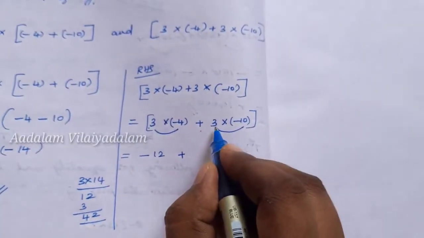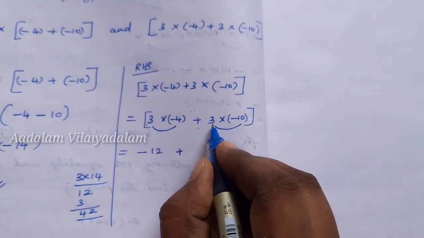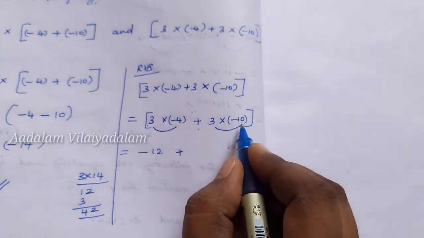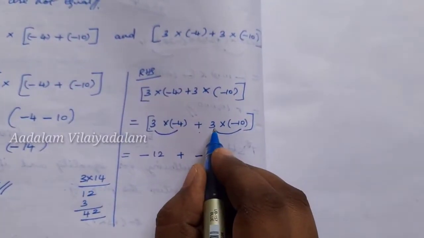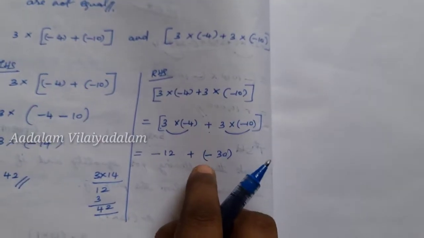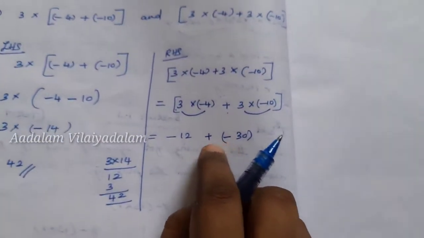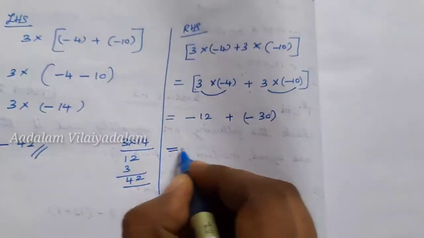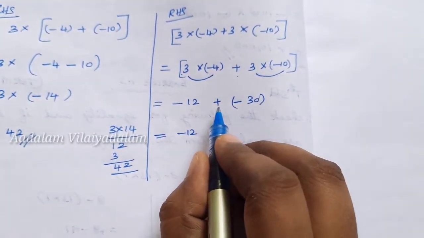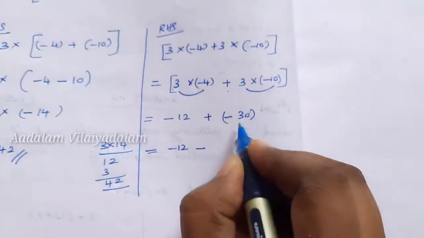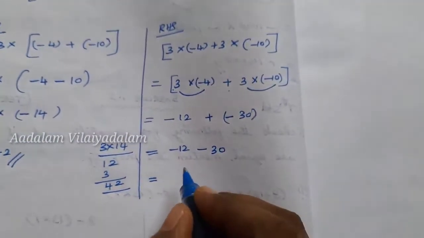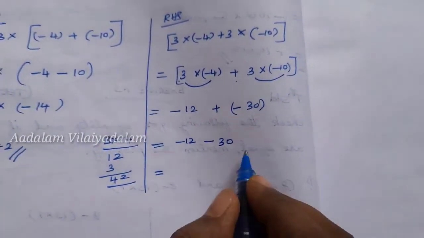So what happens here? Plus sign is given. Here there is given minus sign. What happens here? Plus into minus you will get minus. So therefore 3 10s are 30. If you are writing two signs nearer, you have to apply the bracket. Here minus 12. Here if signs are nearer, then you have to multiply plus into minus, minus. Then you will get 30. What happens here? You are getting minus 12 and minus 30.